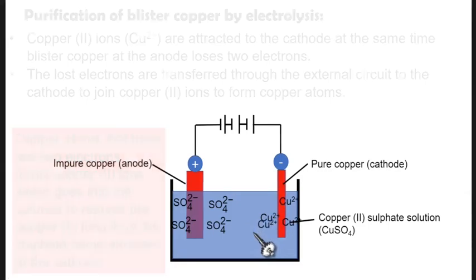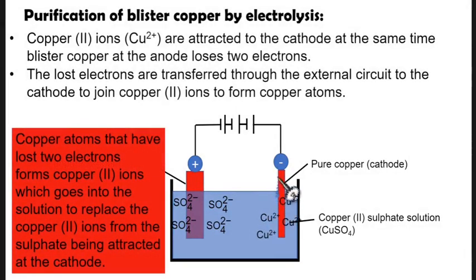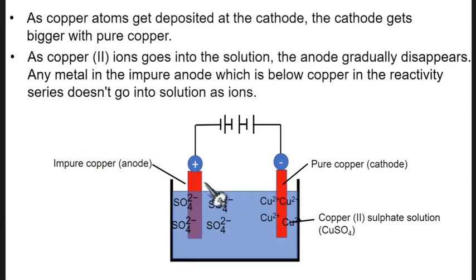So this process now will go on and on. So let me just reverse. So notice what happens here. As those copper ions which were here receive those electrons and join here, this one becomes big, and this one, because it will lose copper ions into the solution, starts getting smaller. Notice what is happening to its size. This one has become bigger and this one has become smaller. So as copper atoms get deposited at the cathode,